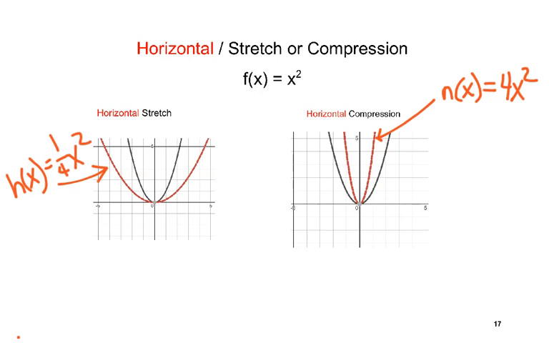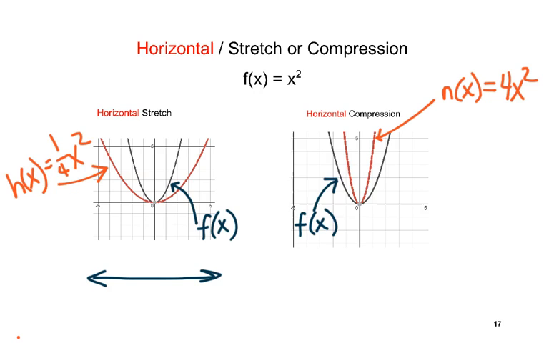And again, the black function is just our f of x. So if you were to graph these, this is what it would look like. You can see a horizontal stretch is literally taking that black function, f of x, and stretching it by a factor of 2,